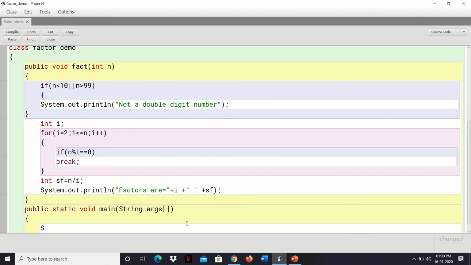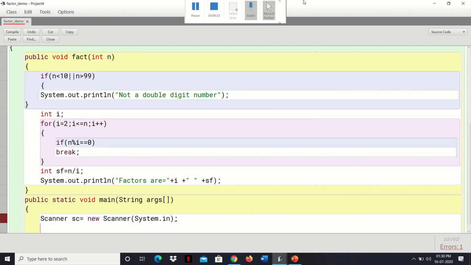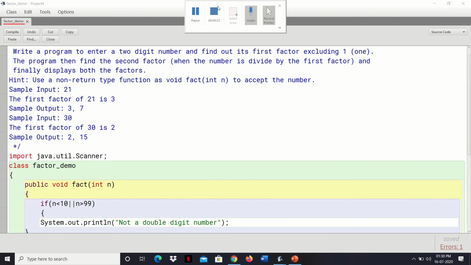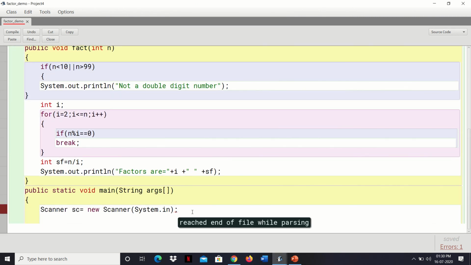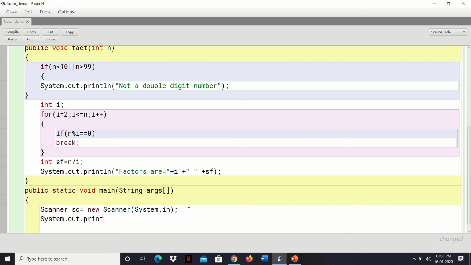Let us create an object of the Scanner class to take input: Scanner sc = new Scanner(System.in). Now we'll write a message over here, System.out.println, "enter a number".